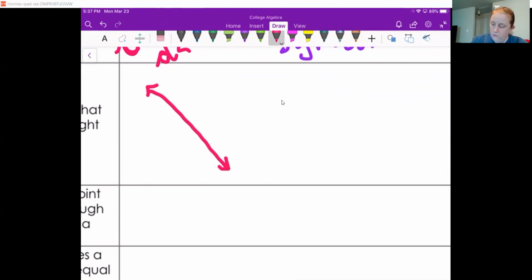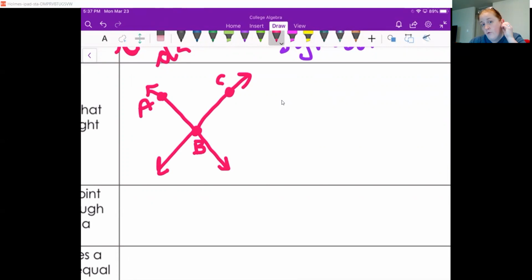We have one line. Let's say that this is line A, and we'll put B down here. And let's say there's another line coming off of this. And let's put, how about a C up here? So we have lines AB and CB. Now, for these to be perpendicular, right now the way I drew it, it may not look like it's making a right angle, but if I put those markings,